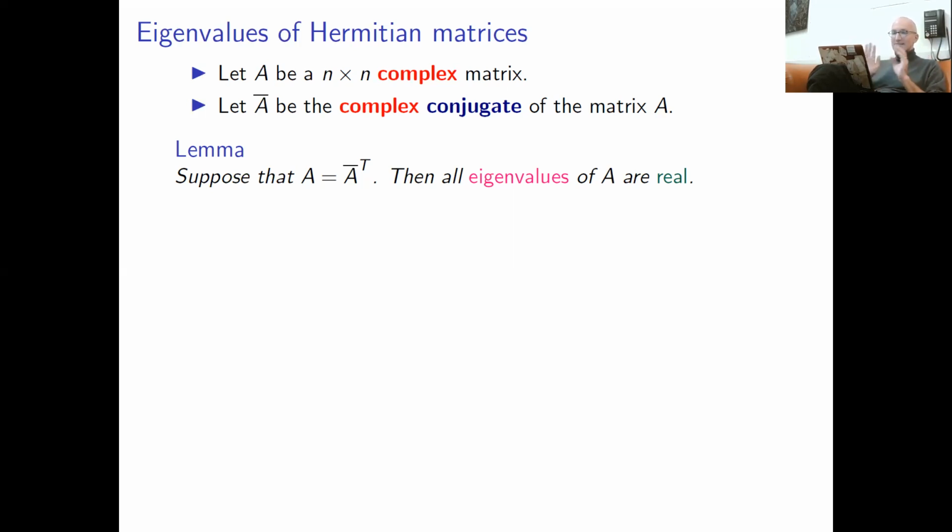Let me restate it to be more clear. Take a 3 by 3 real symmetric matrix. Compute its characteristic polynomial. Then all its roots must be real. This is absolutely non-trivial, because you know that one root of a cubic polynomial is real for sure, but the other two roots, you don't know. It's not obvious, but it follows from this lemma about complex matrices. Let me show you how to prove it. The proof is surprisingly simple and actually looks like a miracle.